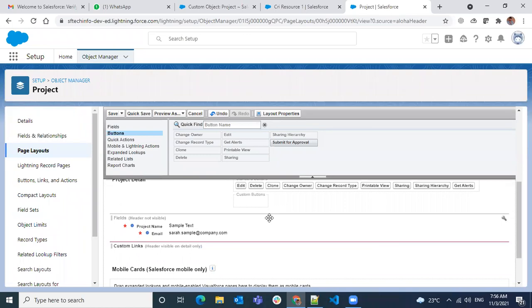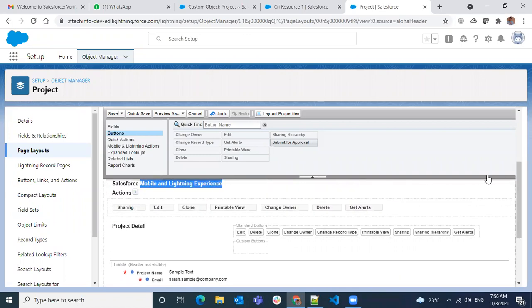One more thing you have to remember is, if a button is on the layout, it doesn't mean that you're going to see all the buttons here. This is the first step, to add the buttons over here. The next step is that you should have that capability for your object. Then only will it be shown on the layout. Let's say I'm adding Delete and Edit buttons. If you have permission to edit any record, then only you will see the Edit button, even though you add it to the layout. Even if you add the Delete button, it will not show up unless you have delete permission on the object. So there are two places you have to check.